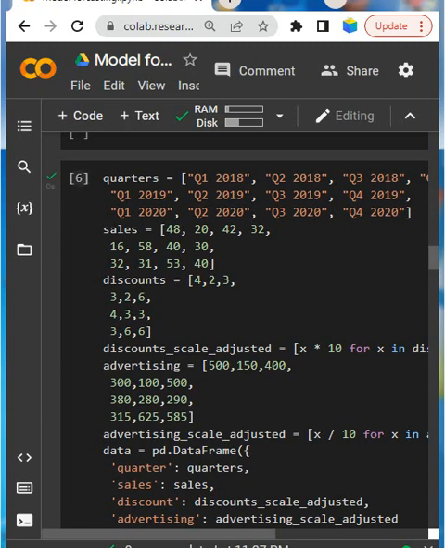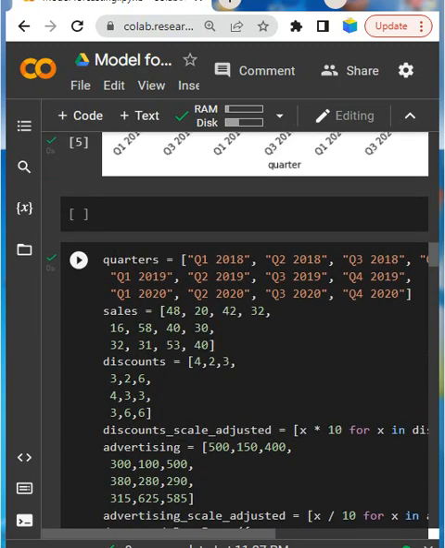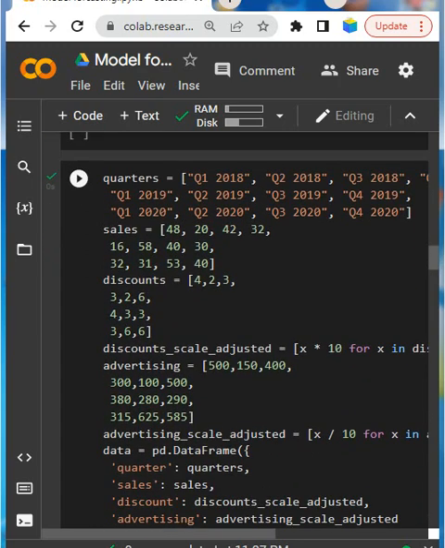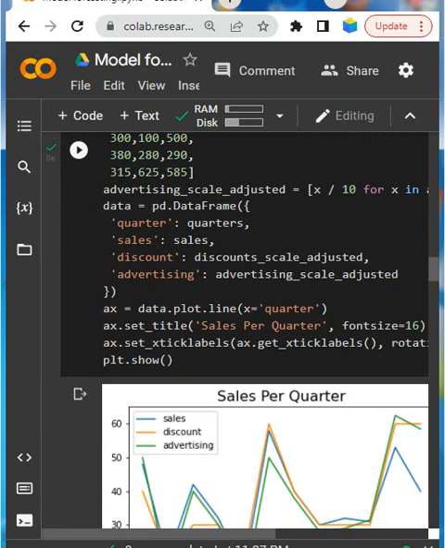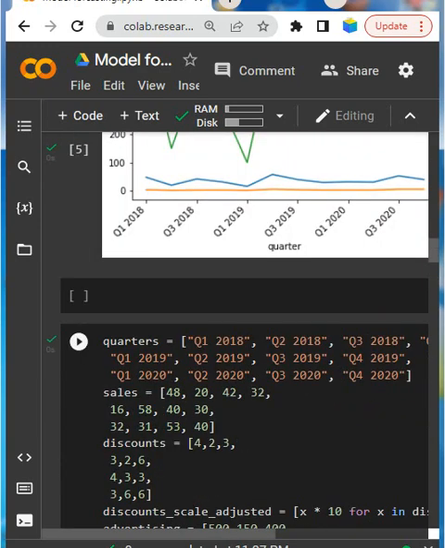And the other thing, I have multiplied here. Now I am going to adjust the advertising scale, x divided by 10. So for advertising I am reducing, and for discount we can multiply here. So you can see your graph properly. Yeah, you can also multiply other values by 12, no problem. And now after that we can see it looks like this.